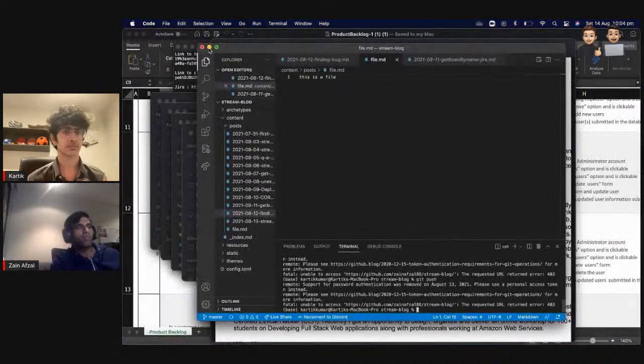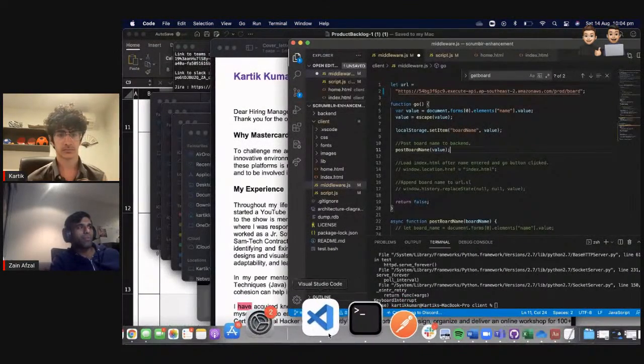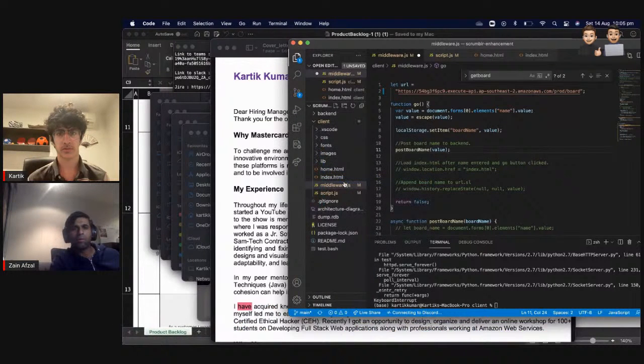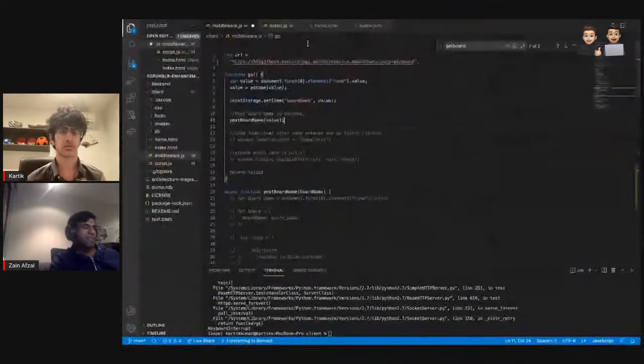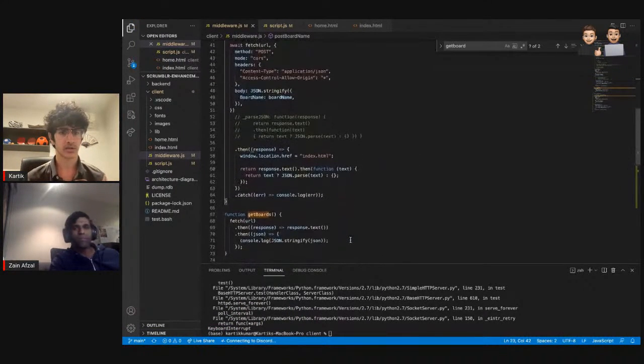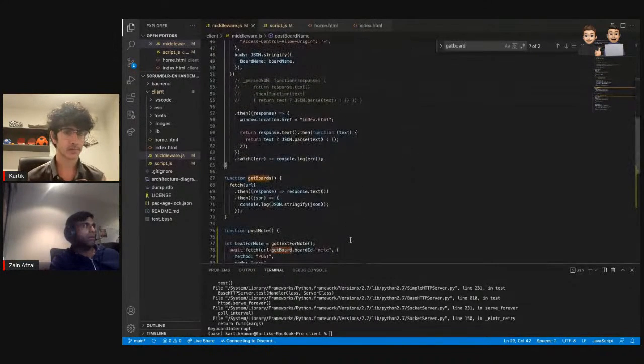I think if we want to see the status in the header, we first have to include it, don't you think? Sorry, I didn't get what you mean. If we want to see the status in the header, we need to include the status in the header, for example, as we did in the content type. Let's try this first, I guess. You did it for the get function, right? Get all boards. Yeah.